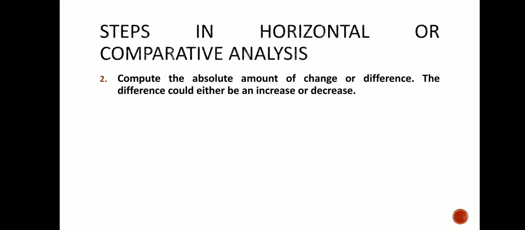For step number 2, compute the absolute amount of change or difference. The difference could either be an increase or decrease. So this actually pertains to the first method of performing horizontal analysis, the absolute amount comparison. So here in our example,